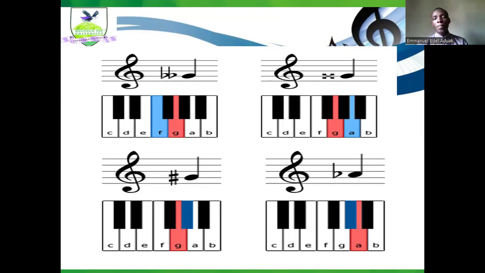Now, we have G double sharp. You move 2 steps, that's 2 half steps, that's a tone. So you get to G, then move 2 steps forward. That's from G to G sharp, from G sharp to A. That's our double sharp for G. So we also have